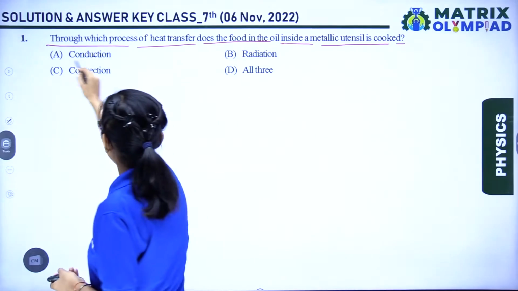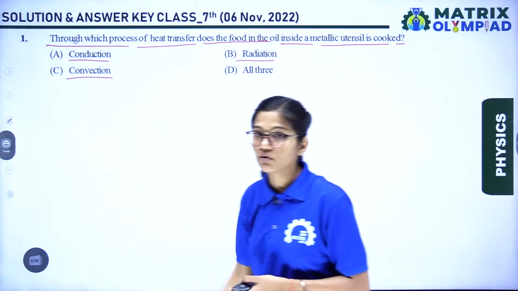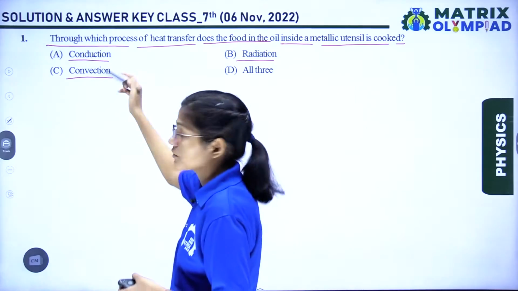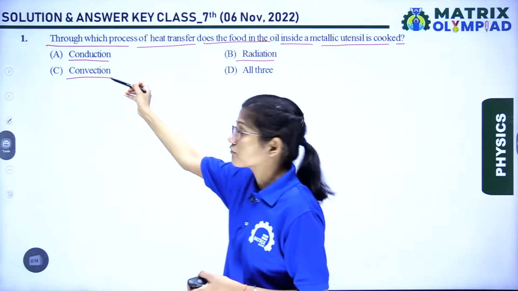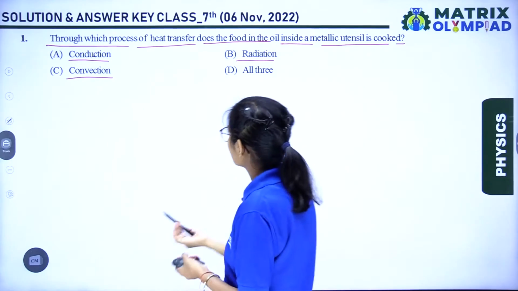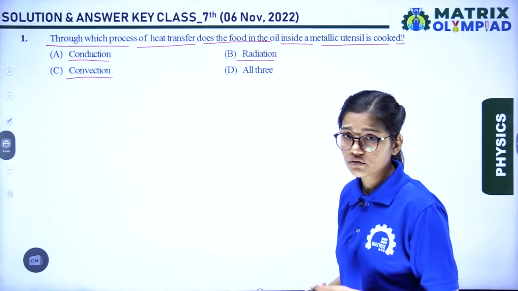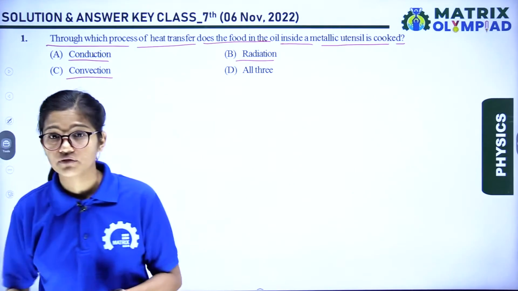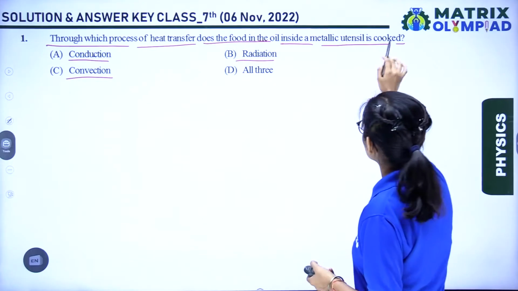So it is the conduction, its radiation, and its convection. If I'm talking about all these are the method of transfer of heat. Conduction, it is a method of transfer of heat in solids. Convection, it is a method of transfer of heat in liquids, and radiation is a transfer of heat through which that sun's heat just reached on the surface of earth. Okay, so whenever food is cooked, then